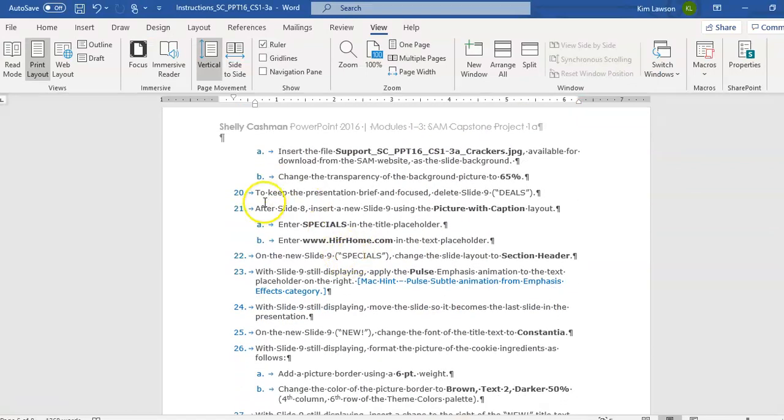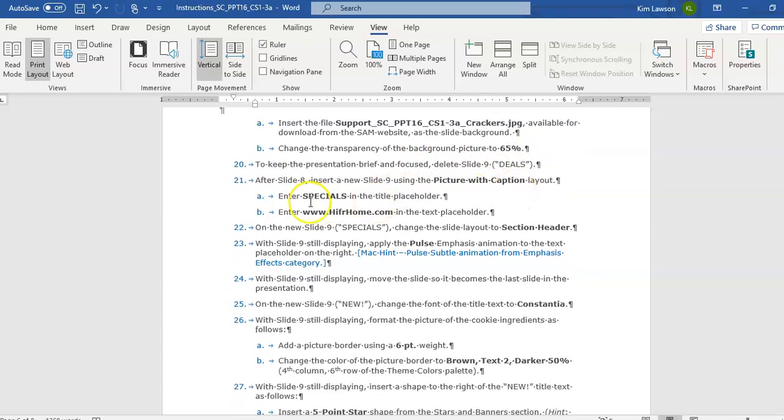Okay, 20, you're going to delete slide 9. 21, after slide 8, there's going to be a new slide 9 using the picture with caption layout. And they tell you what to type in the title placeholder here and here. So when you do that,